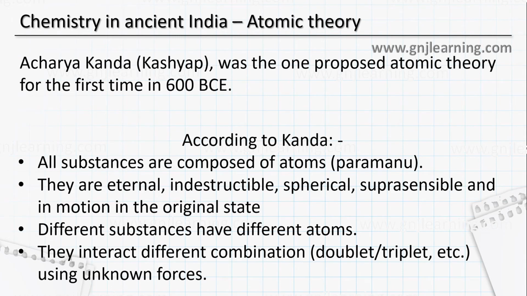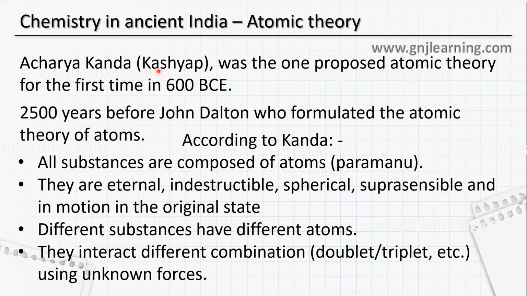Acharya Kanada, whose original name is Kashyap and who became an Acharya because of his findings, is believed to be the one who proposed the atomic theory for the first time. In our lower classes we learned that John Dalton proposed the atomic theory, but he lived in the 19th century. Much before that, some 2500 years ago, Acharya Kanada Kashyap explained the same theory,